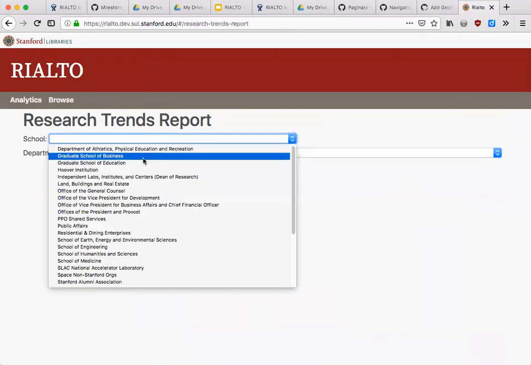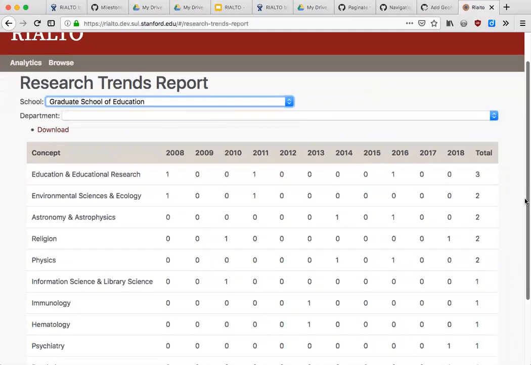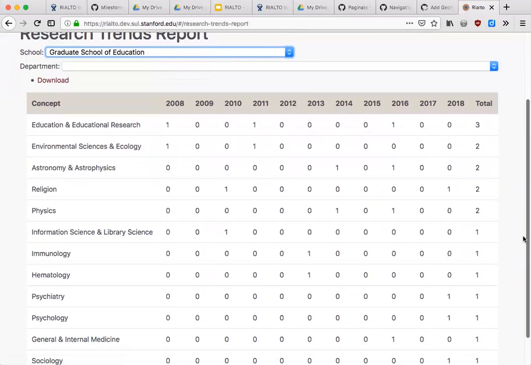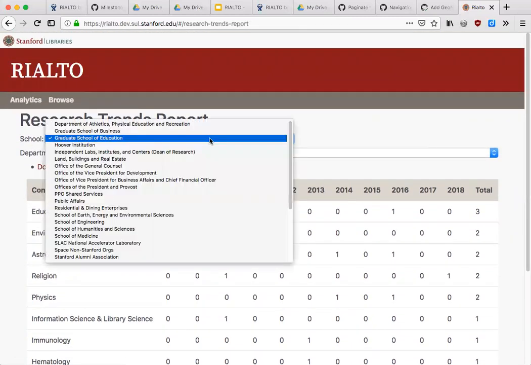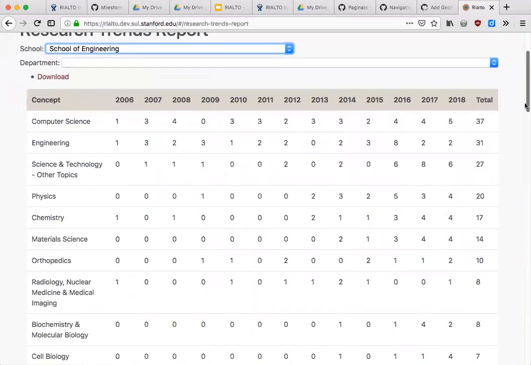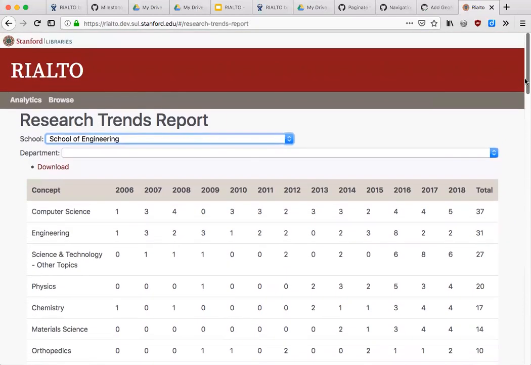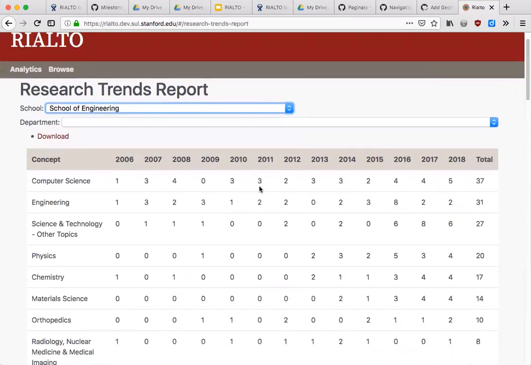This report over here is intended to show the different topic areas that have been published in over a range of years for the given school or department. So this would intend to show basically the areas of research that are being engaged in by school or department. So again, let's say I go back to the School of Engineering. I would expect to see topics that are related to engineering, and I could see throughput over the years. We still have to do some understanding of why these numbers seem low to me. And so we're trying to understand